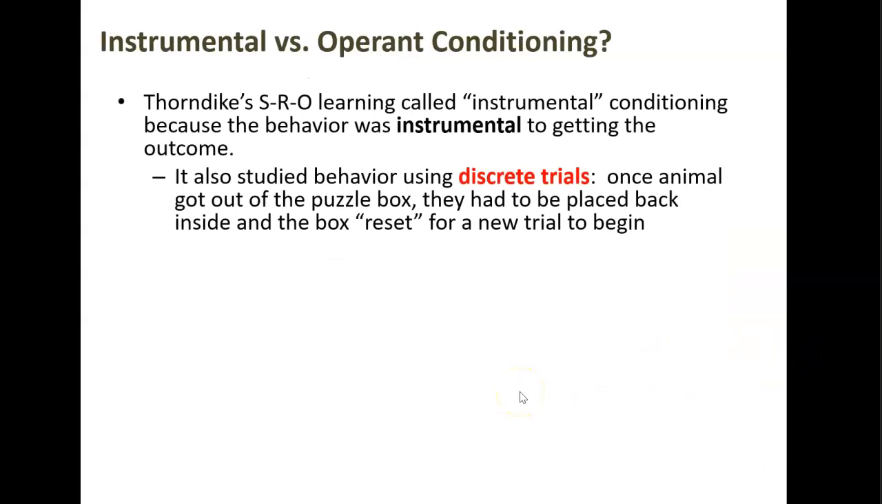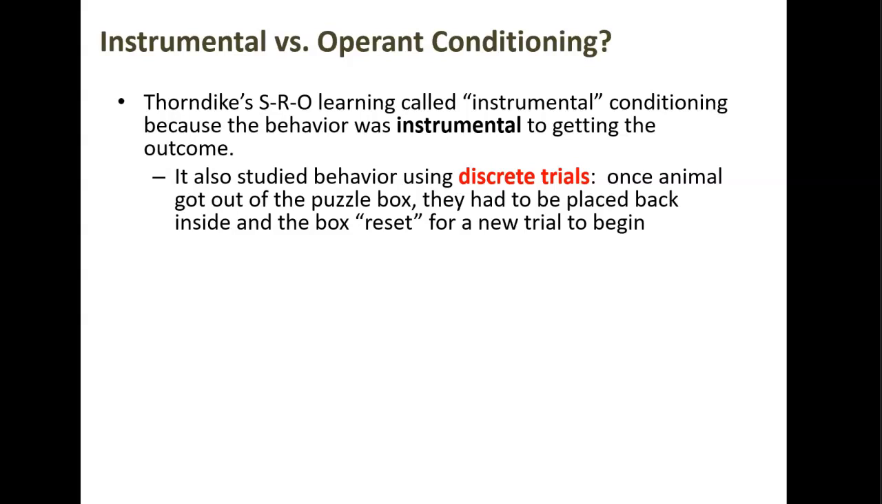So what's the difference then between instrumental and operant conditioning? Well, Thorndike called his brand of stimulus response outcome learning, stimulus being inside the box, response being stepping on the lever, outcome being getting out of the box. He called that instrumental conditioning because the behavior of stepping on the lever, the R behavior, was instrumental to getting